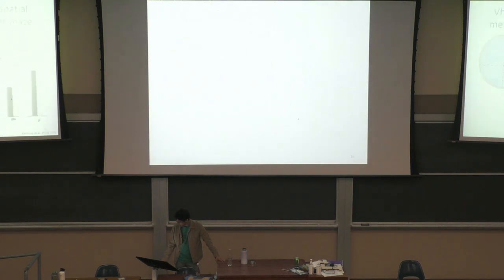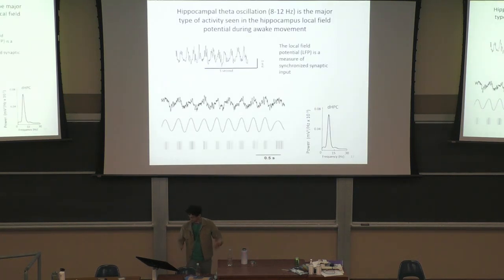Then one of the earlier studies looking at the electrophysiological differences of the ventral and dorsal hippocampus was done by me when I was in grad school. The quick background here is that if you put an electrode in the hippocampus, dorsal or ventral, and you record the local field potential, similar to the EEG, but inside